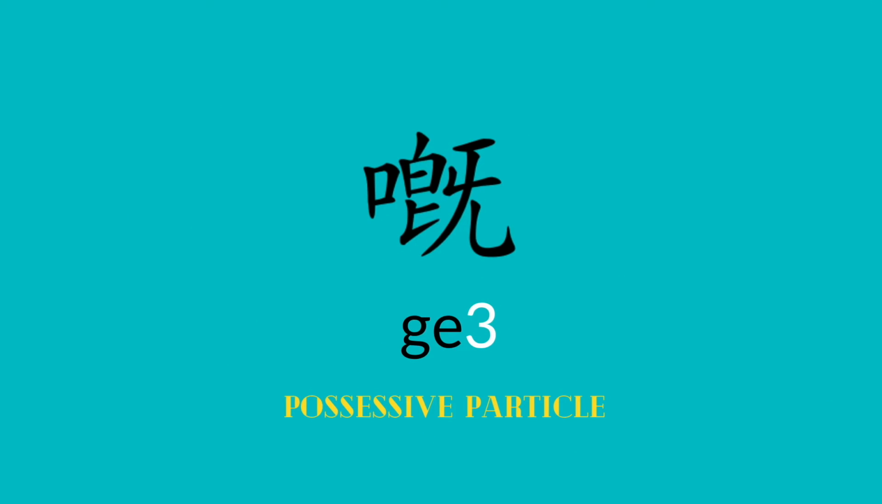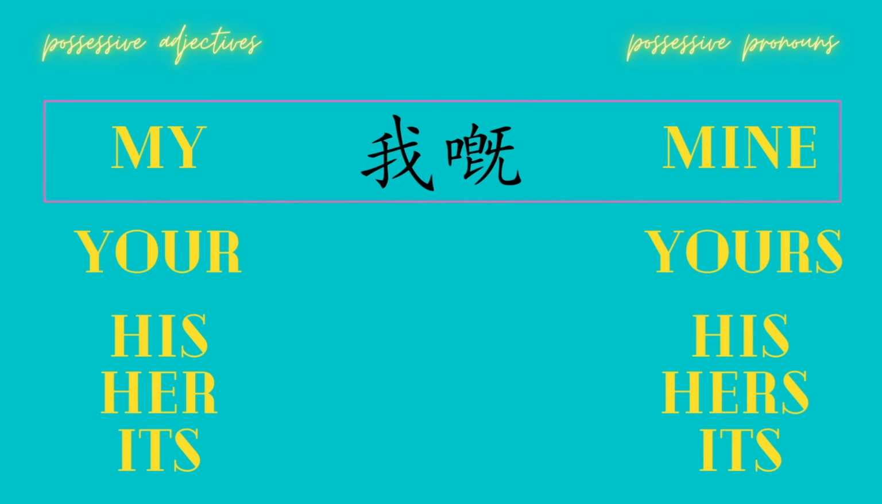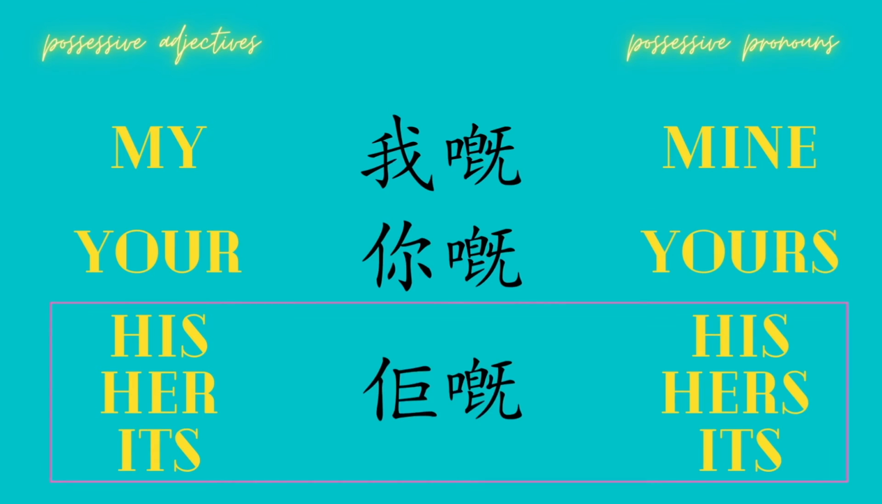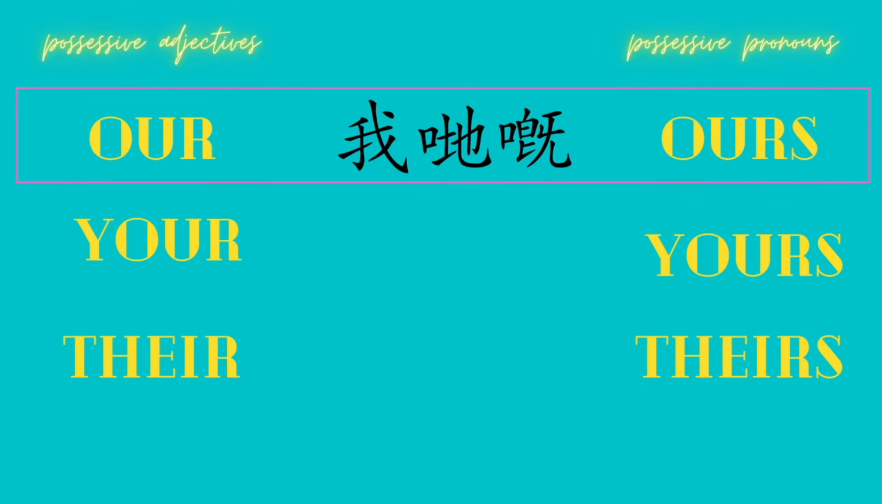Next, with possessive adjectives like my and possessive pronouns like mine, we just need to add one more Chinese character at the back, which is 嘅. For my and mine, we say 我嘅. For your and yours, we say 你嘅. For his, her, its, and his, hers, its, we say 佢嘅. For our and ours, we say 我哋嘅. For your